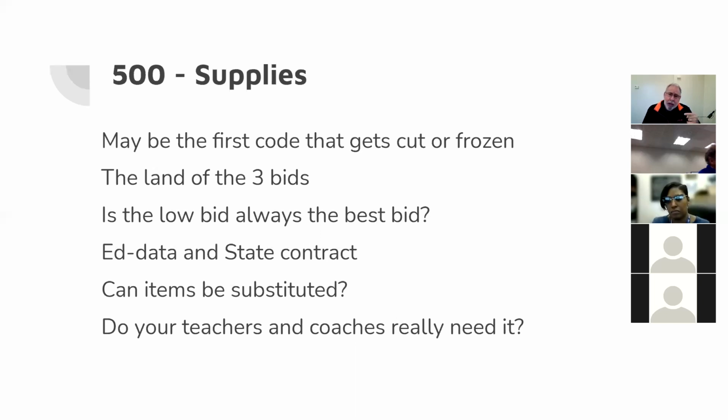But the lowest bid may not always be the best bid because of the quality of the product that you want. So you may have to go in and pitch that to your purchasing agent to say, listen, we're buying these uniforms. They have a 3/4 inch seam. The other products only have a 1/4 inch. We've got some reports that these uniforms tear. They only last 2 or 3 years. This is a buy for at least 5 or 6 or 7 years. So you may have to go in and sell that, but you can get what you want